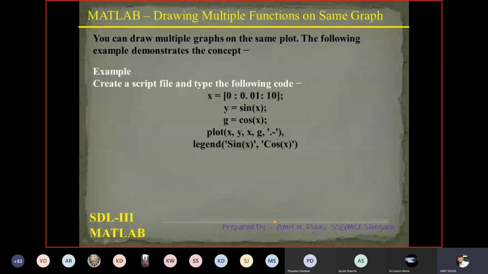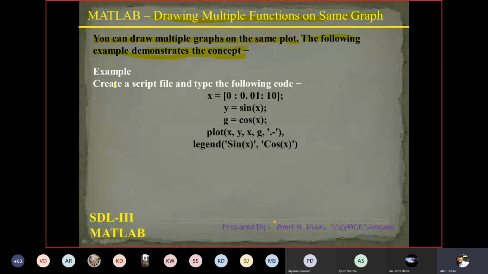Next is drawing multiple graphs or functions on the same graph. You can draw multiple graphs on the same plot. The following example demonstrates the concept.